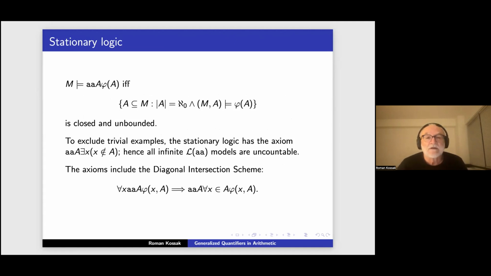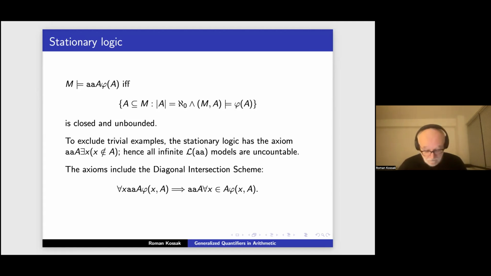So we say then if the set of countable subsets of the domain of the structure that have the property phi is closed and unbounded, unbounded means that every set has a superset that has the property, and closed means that if you have a chain of sets that have the property, their union also has the property. And in stationary logic, you include the axiom that says that for almost all A, X is not in A,